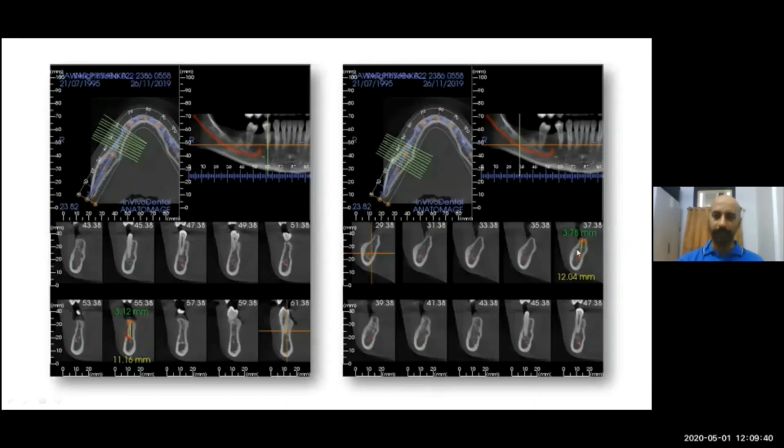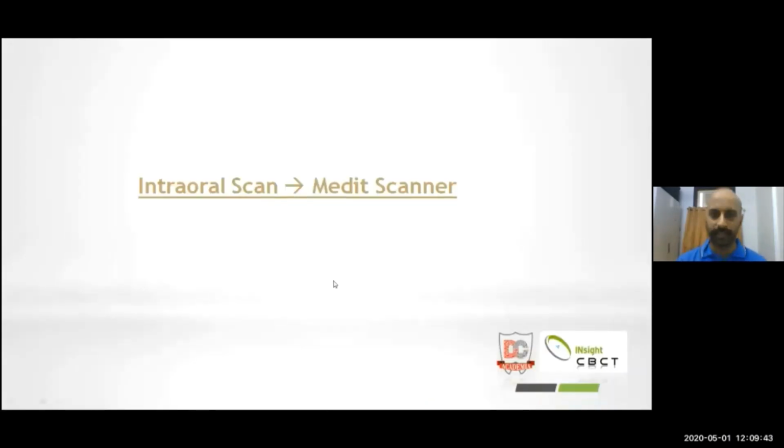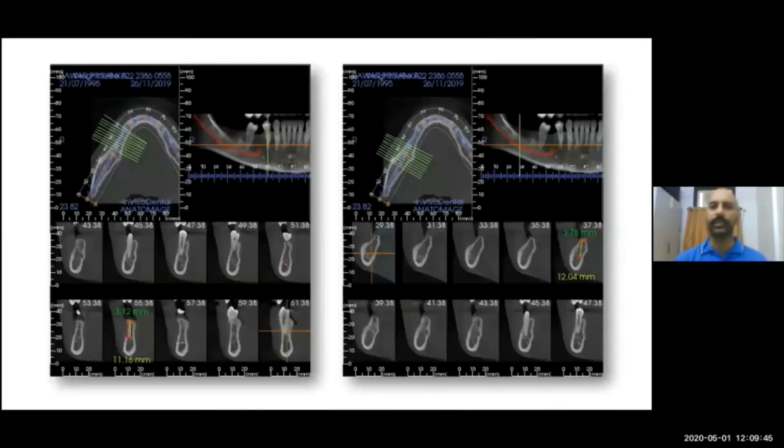placing the implant. So once we have got the CBCT scan, what essentially comes out from the CBCT scan is the DICOM data. That DICOM data will then have to be transmitted to the lab which is going to fabricate the guide. This DICOM data can be transmitted digitally through the internet. It can be transmitted in the form of series. It can be transmitted in any form that digital data can be transferred, in the form of pen drives, CDs, etc. But the easiest way that we find is that it can be transmitted through the internet, and the lab receives it immediately, within half an hour or an hour of the scan,